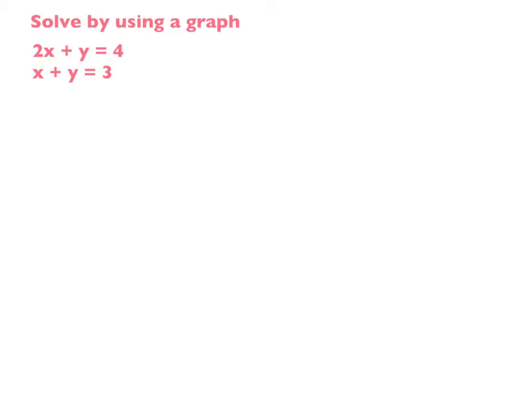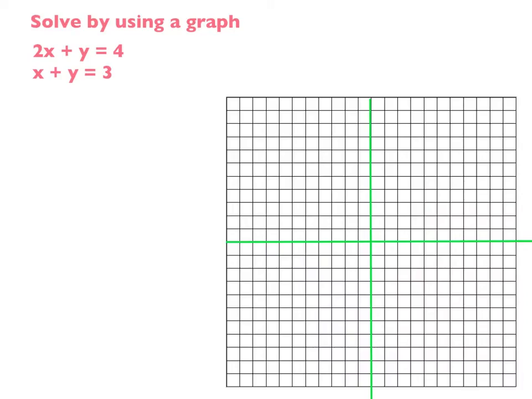So this time we're going to solve by using a graph. We are actually going to graph these two lines and find out where they cross. So in order to graph these, you could either use the intercept method or the slope-intercept method. I'm going to show you the intercept method just because we haven't done that in a while. My intercept for the first one, if I plugged in a 0 for x, I know y would be 4,